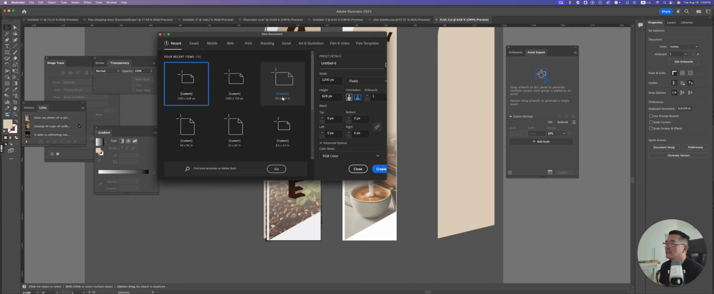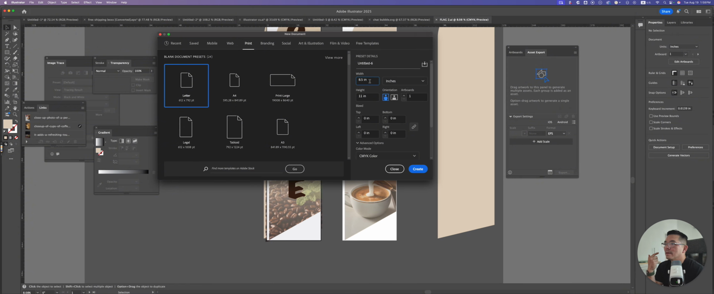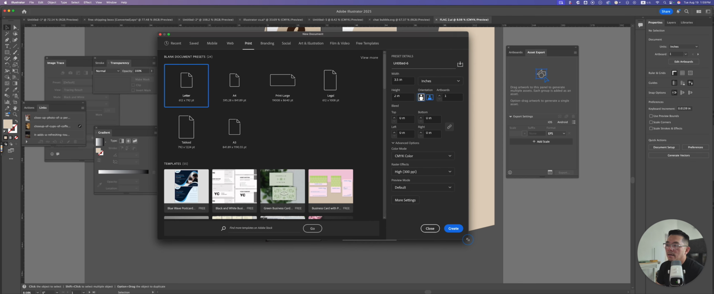Same thing pretty much. You pull up a new file, go to Print. Make sure it's in inches. If you work in pixels, then you can do that. And then 3.5 by 2. In Illustrator and InDesign, they have a setting for bleed. You see right here? So you don't have to do the math. What you do is put 0.125 and make sure this is linked, so it will put a bleed of 0.125 all around. So 0.125 left and 0.125 right adds up to 0.25. So when you click create,